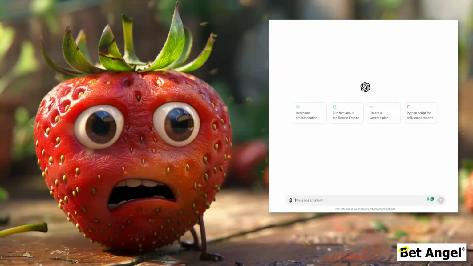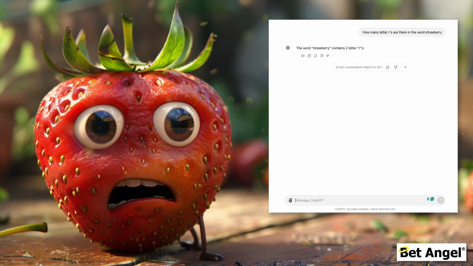So, what do ChatGPT and a strawberry have in common? You may not think much, but the strawberry problem is a good example of how language and statistics don't mix. Ever since generative AI models came into wider use, there have been lots of people who are testing their limits. They do this to learn how these models think. The strawberry problem is a good example. It shows that hallucinations can occur, even in very simple tasks.